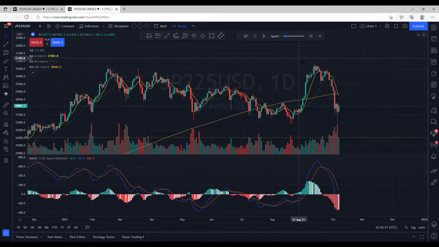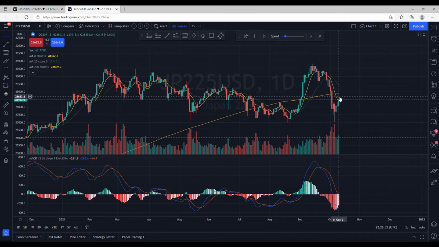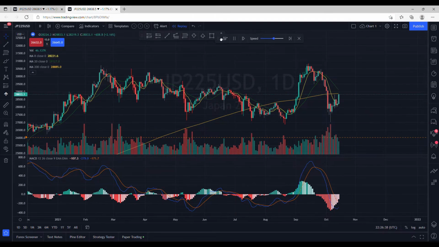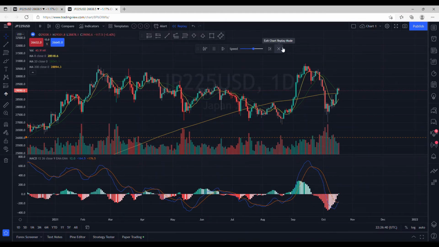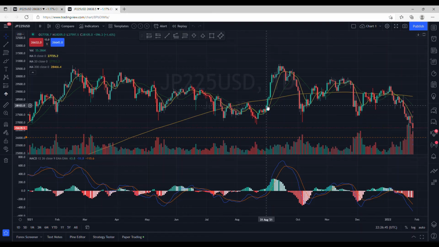You can go, right, there's a big rejection candle there, so you're expecting it now to start buying. You can speed it up, you can slow it down, and if you want to get out of it, you can press exit and get out of it. But when you do